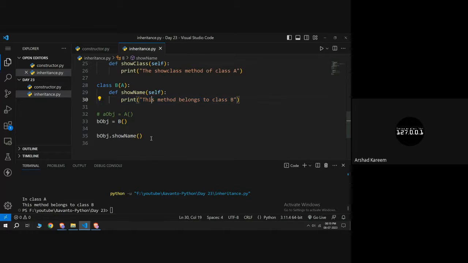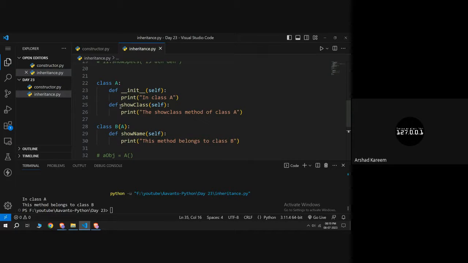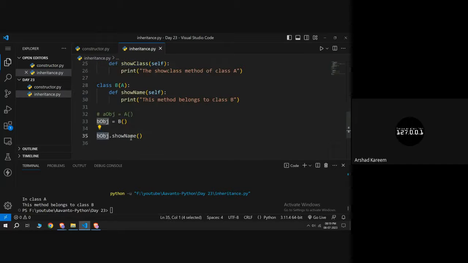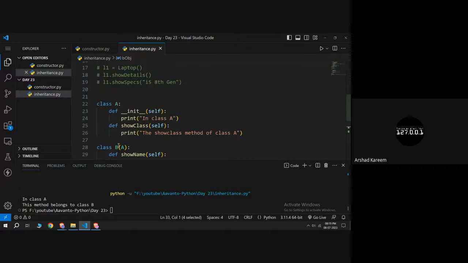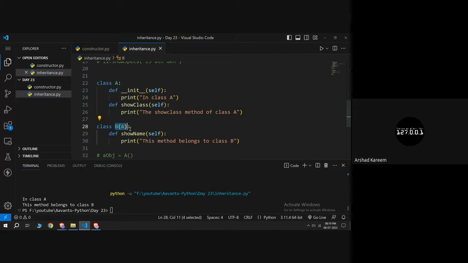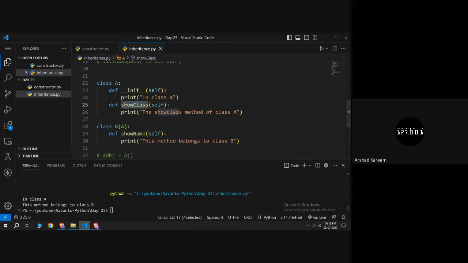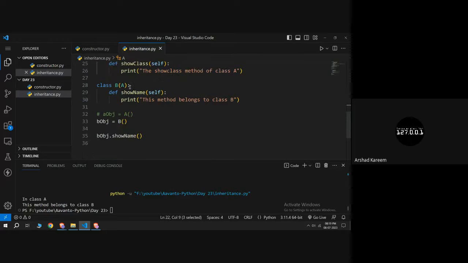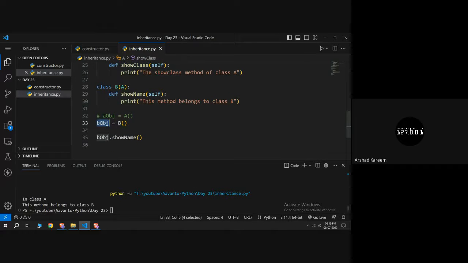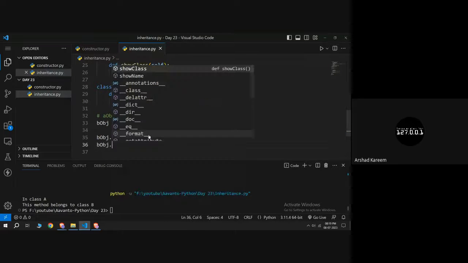Now, can I call this show class method from B object? This b obj is an object of class B. It is not an object of class A. This show class method belongs to class A. Can I call this show class method with the help of b obj? Yes, of course I can do that. That's the point of inheritance. So b obj dot